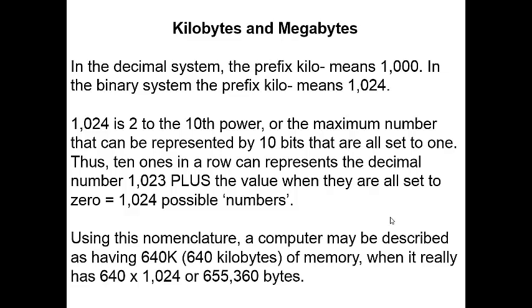So just a quick note, this means that a computer may be described as having 640 kilobytes of memory when really it's 640 times 1024, which is 655,360 bytes in total. Okay, so just to mention that. So binary is how we show